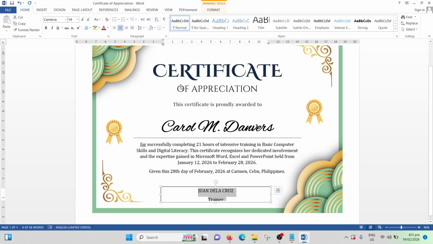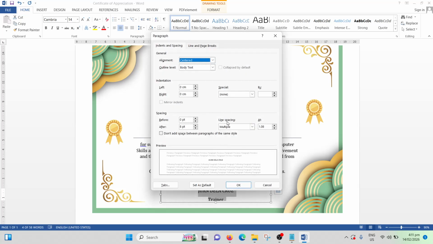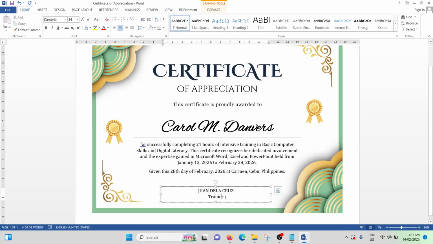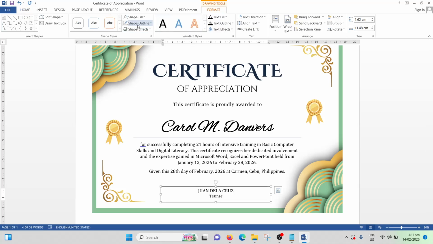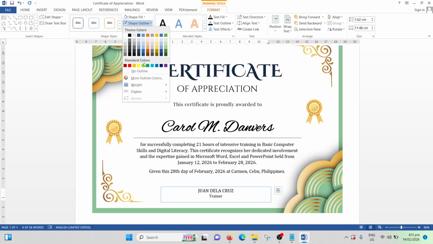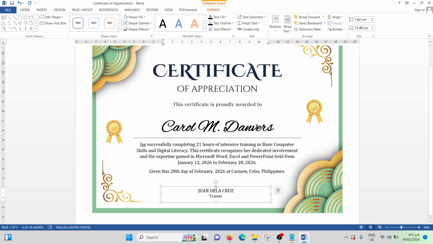So we'll just have to change the paragraph formatting so we can fit the text here. And then we will remove the fill and remove the outline. So this is where the trainer will sign.